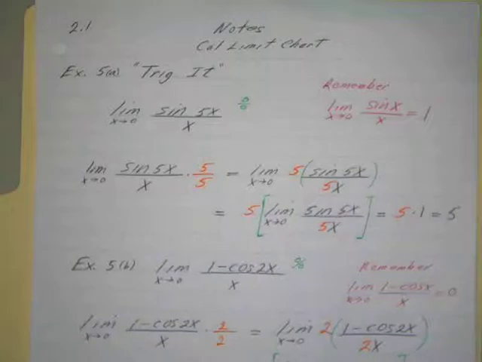Okay, these are some more notes on the cal limit chart, and this is example 5A. The fifth example we had was using the trig limits that we had derived using our calculator. And again, if you look at the cal limit chart, we've already gone over the first four examples, so this